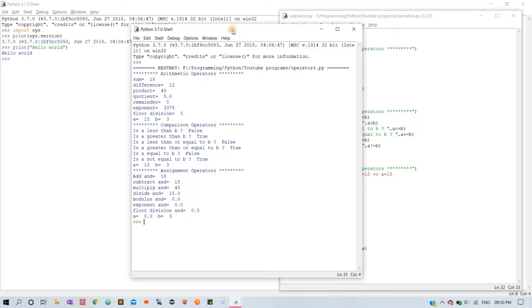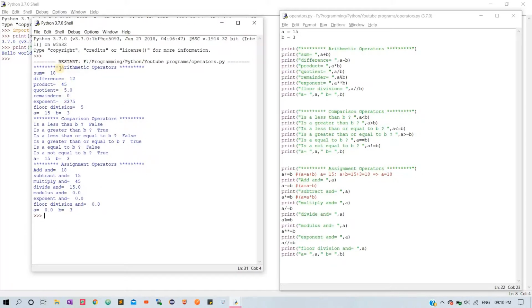In this, I have done the arithmetic operations like addition, subtraction. This is just basic calculations in mathematics. The difference between the divide and modulus is that if you divide 15 by 3, the quotient will be 5.0, which is a decimal point. But the floor division, if you see, the output is a rounded value integer. So that's the difference between the division and floor division. Division, the output can be either an integer or a decimal point number, but in a floor division, the output will always be a rounded value integer.